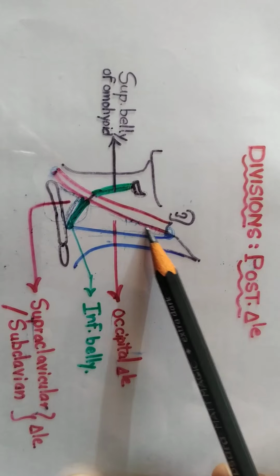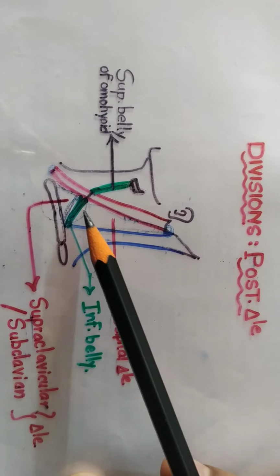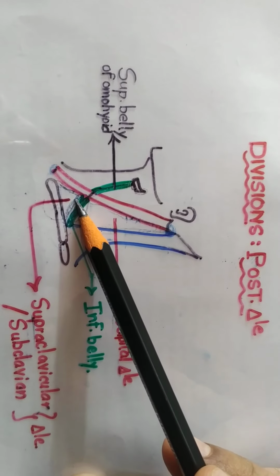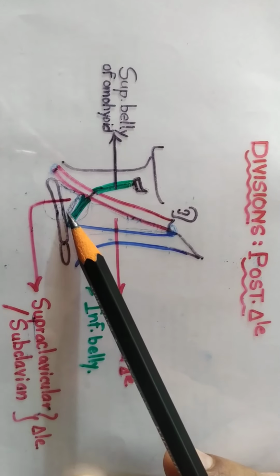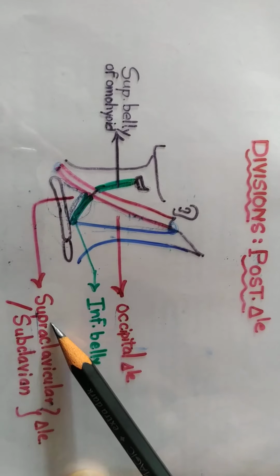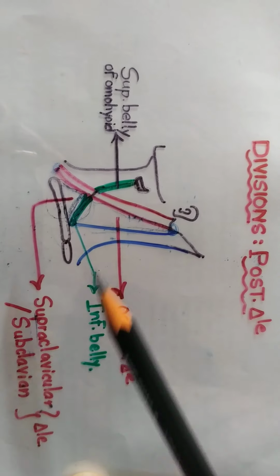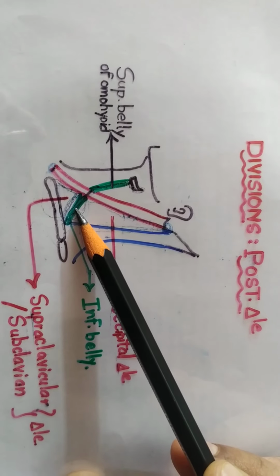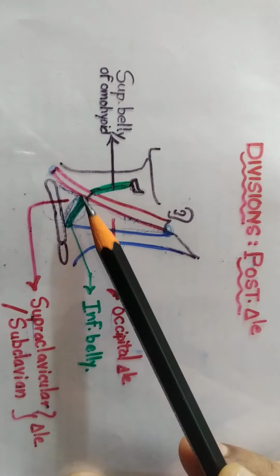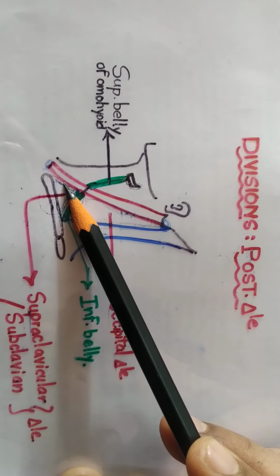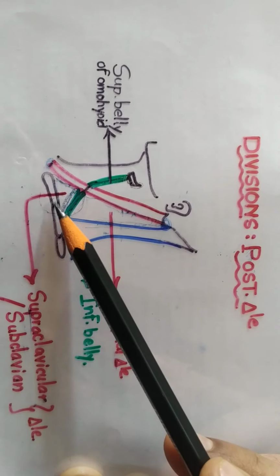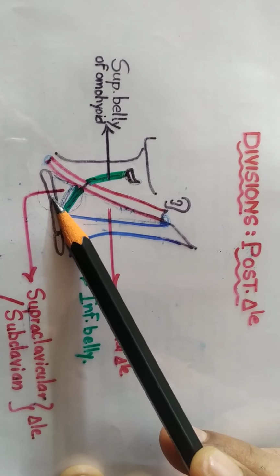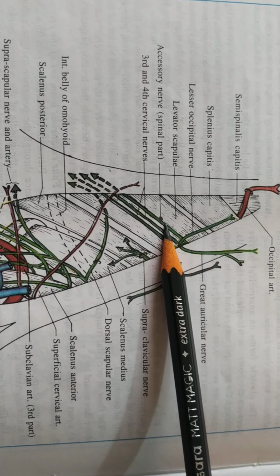Once you have discussed the boundaries of the occipital triangle, we go to the subclavian triangle, or supraclavicular triangle. Now I will discuss its boundaries. The superior boundary of the subclavian triangle is the inferior belly of the omohyoid. In front, it is formed by the posterior border of the sternocleidomastoid. Below, the lower limit of the supraclavicular triangle is the clavicle.